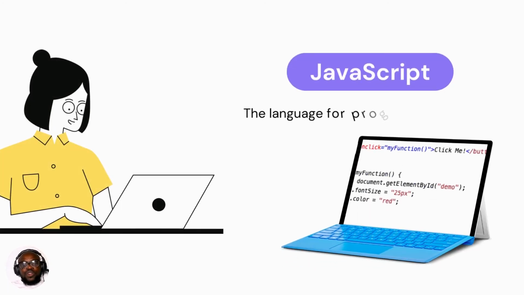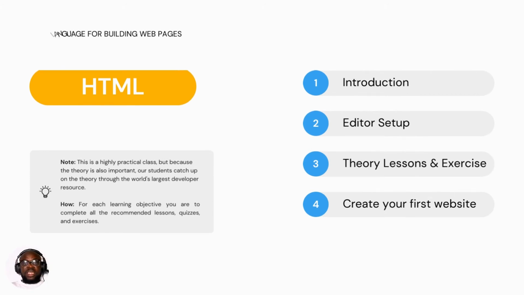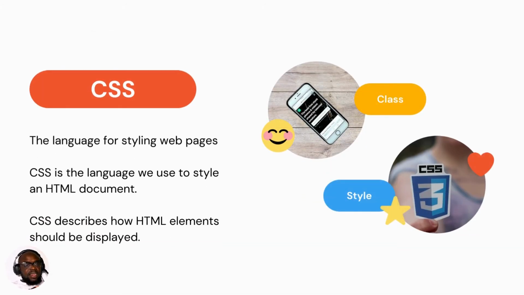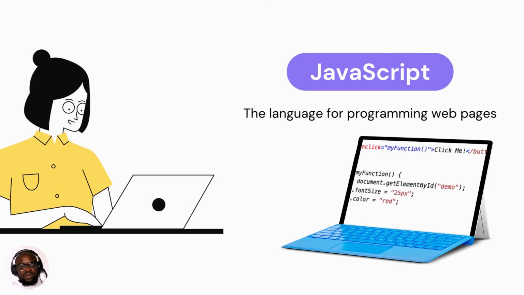Then we move on to JavaScript. These are things that a lot of you have been hearing. JavaScript is, for me, the first official programming we will be doing actually. JavaScript is like the language for programming web pages. Take notes. Let's go back a bit. HTML is for building the page, CSS is for styling the page, JavaScript is for programming the page. So take note. You must learn this in that sequence. Learning it in that sequence is what we're going to be doing in class with me.